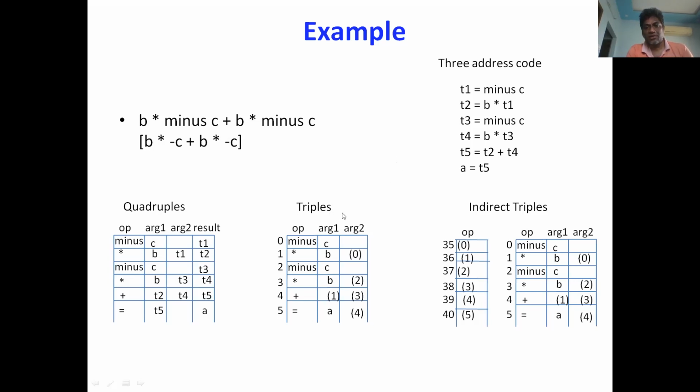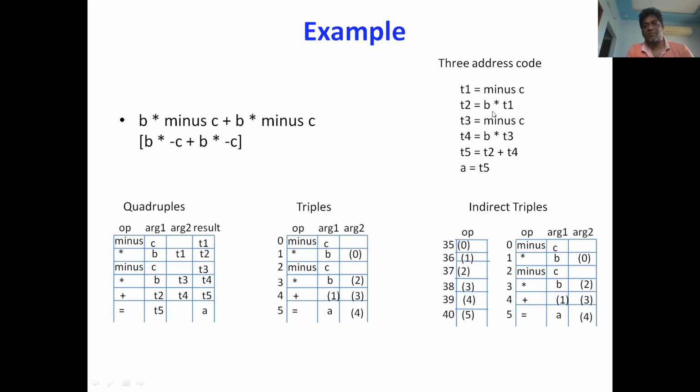If you observe in triples, there is no result field here. Instead of using this result field, we consider the position indexes of the array, 0, 1, 2, 3, 5, to represent the corresponding expression. Okay, so what is the first expression? On the right side it is minus c. So minus c is represented here, and because there is no result, we consider 0 to represent this minus c. So whenever you represent minus c as a sub-expression, make use of this index 0.